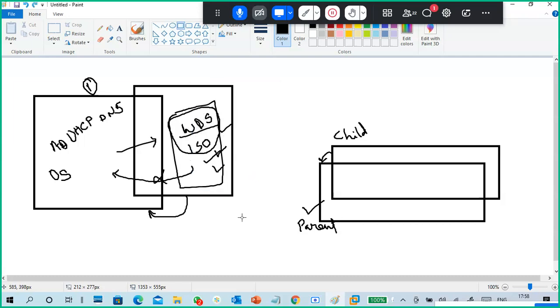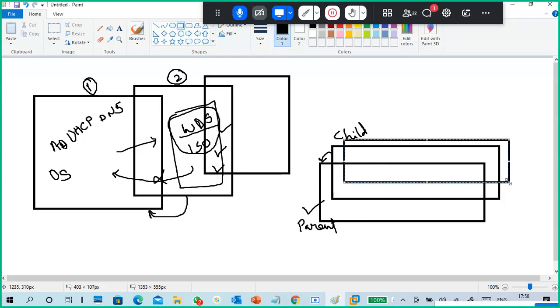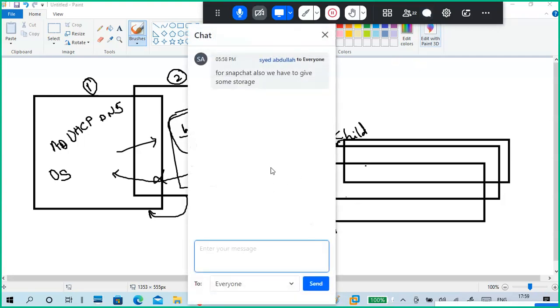I'm taking another snapshot from here and making it another condition, just like another child for this snapshot. Again it's dependent, so this child becomes a parent and this is the child, so it's parent, grandparent kind of stuff.